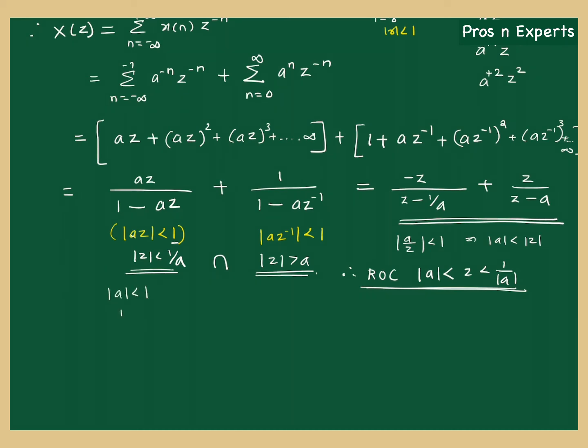What is 1 by a? 1 by a will be greater than 1, right? Okay, and what I mean is 1 by a will be greater than a, right? 1 by mod a will be greater than mod a. So if we draw the ROC,